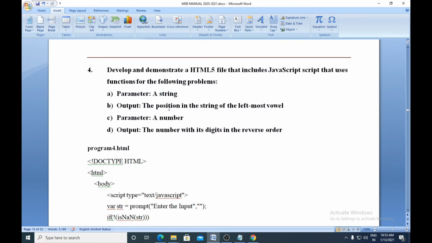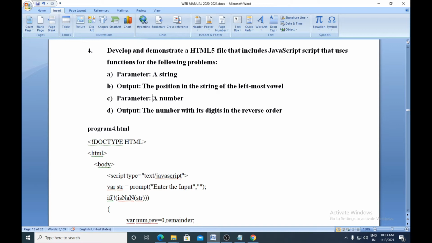Secondly, if the parameter given by the user is a number, then it should output the number with its digits in the reverse order. That means if I give the number 1 2 3, the output should be 3 2 1. So the same program should give two different outputs based on the parameter given by the user.